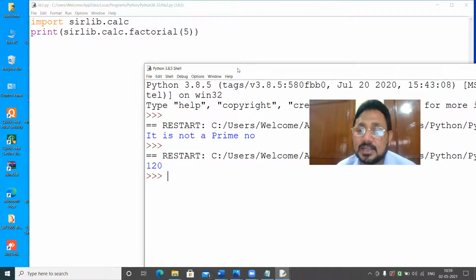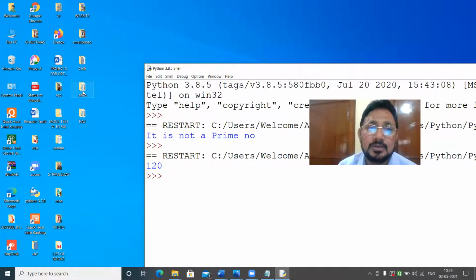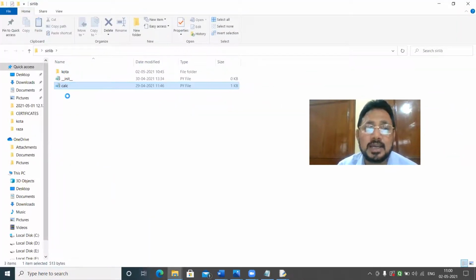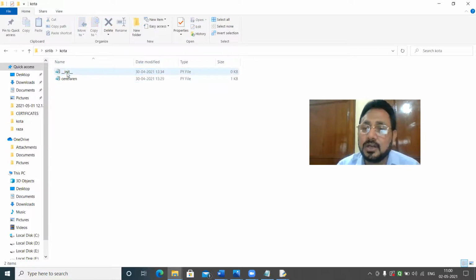Sirlib package, in Sirlib package, we have a module calc, and that calc is having a factorial. Now, the next point here is in our Sirlib, that is in our folder. That's why I kept it here. I need not go to the site packages. So my folder is here. I can check it anytime. So what is here? One is calc is here. It is working perfectly. Sirlib.calc. Now what happens is in Sirlib, we are having one more folder, that is quota. This is one more folder, that is quota. Now to execute this subfolder,